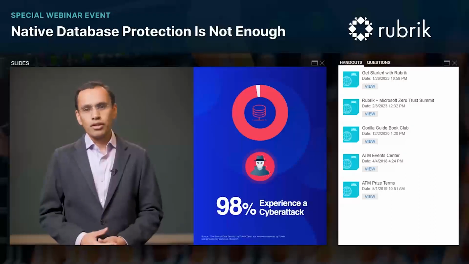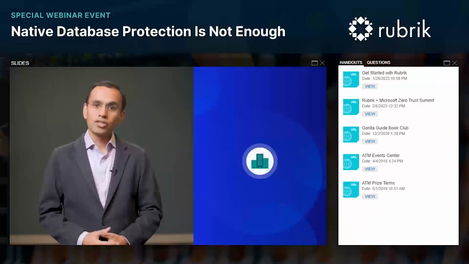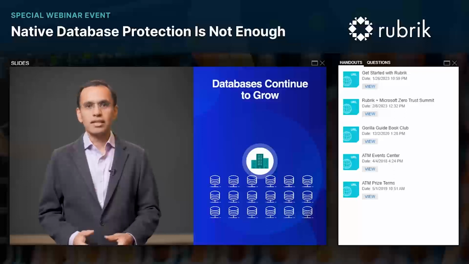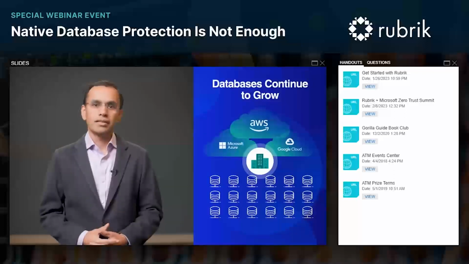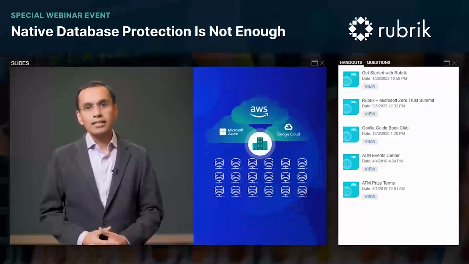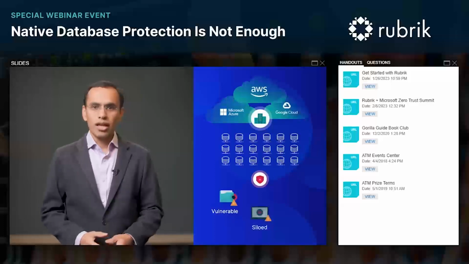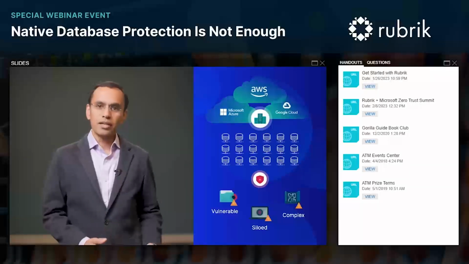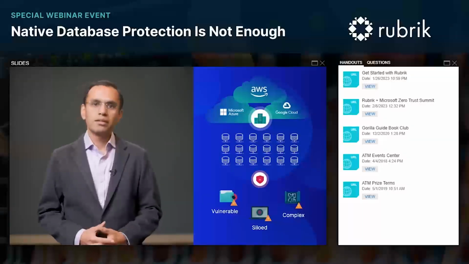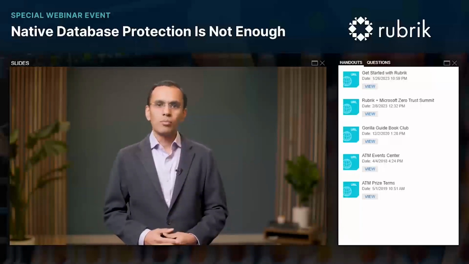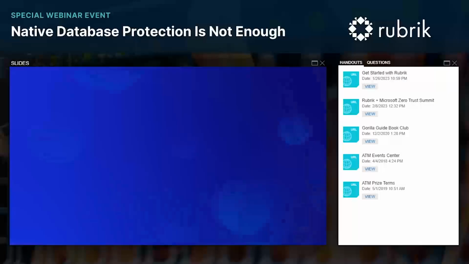It has never been more critical for you to get your databases protected and quickly recoverable to get your business back on track. However, this is only getting more challenging as the volume, variety, and complexity of applications and data increase across the cloud and the data center. Legacy approaches to backup and recovery leave databases vulnerable, create silos, and make it hard for database admins, IT admins, and SecOps to work together to meet business objectives and protect data. Let me share the trends we are seeing in the market that make the status quo untenable.